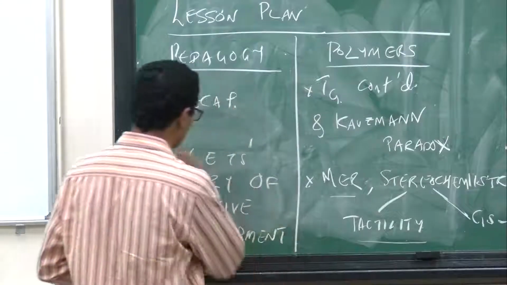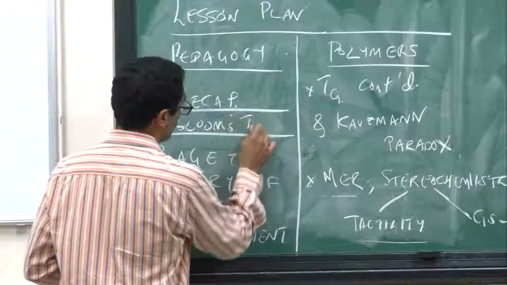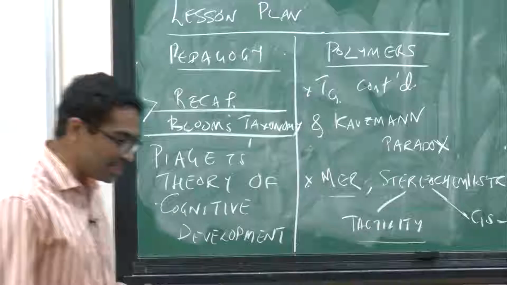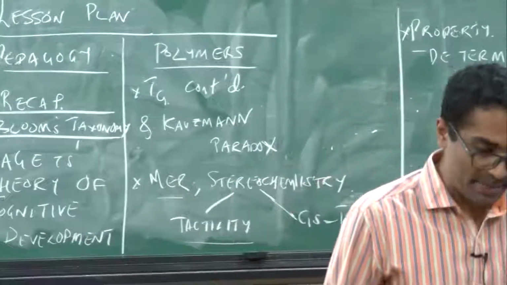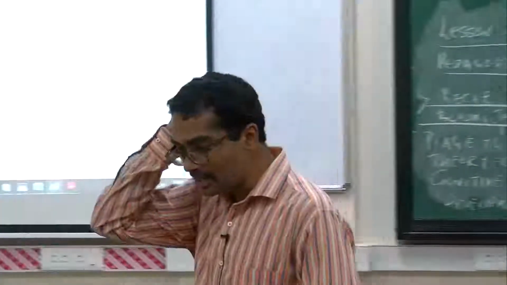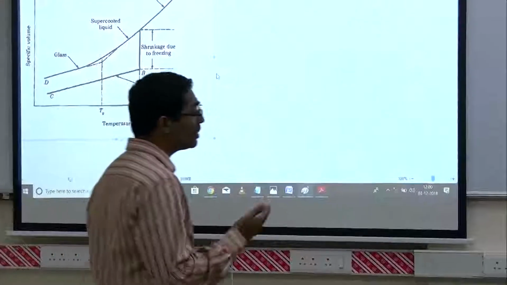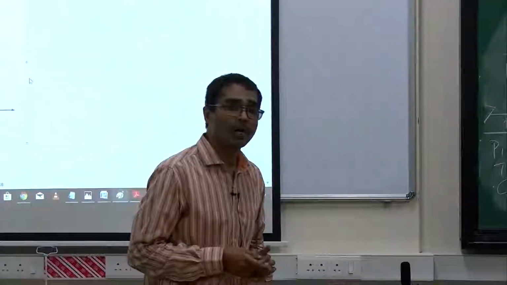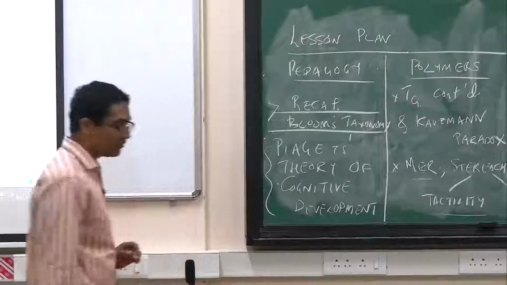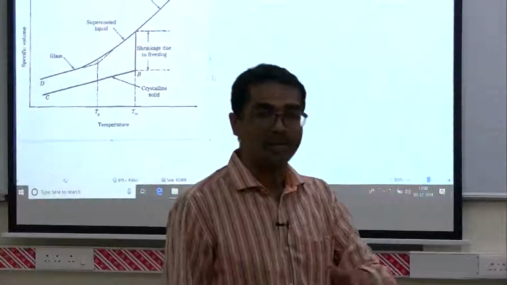And we tried to make an association with Bloom's taxonomy, and of course you have seen Bloom's taxonomy earlier in this course. Piaget's theory of cognitive development is primarily relevant for educators in general, but increasingly becoming relevant in school education, not even college education, school education. But I personally think it is very valuable even for college and university education. I will tell you why this is considered so important for school education, because it provided a platform by which we understood how children learn.